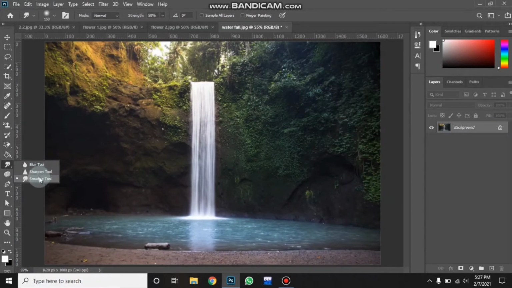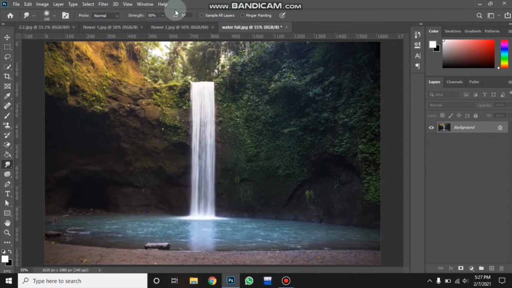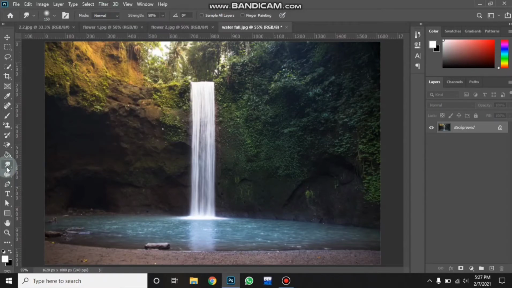After the sharpen tool, there is the smudge tool. The smudge tool is basically like Liquify, and Liquify is located in the menu bar. Go to Filter, and here it is located. The shortcut key is Shift plus Control plus X. But right now we will learn about the smudge tool.